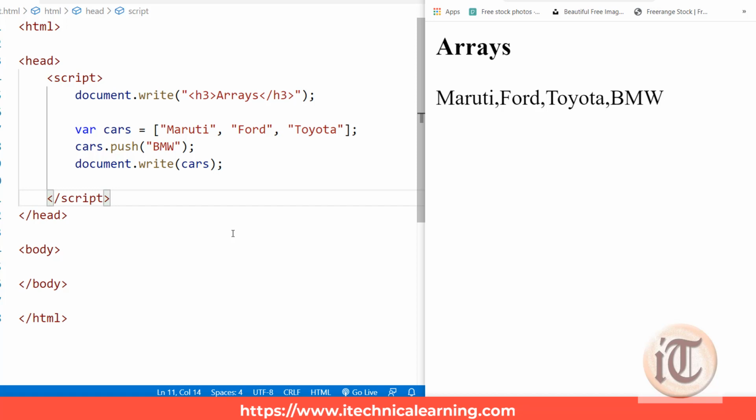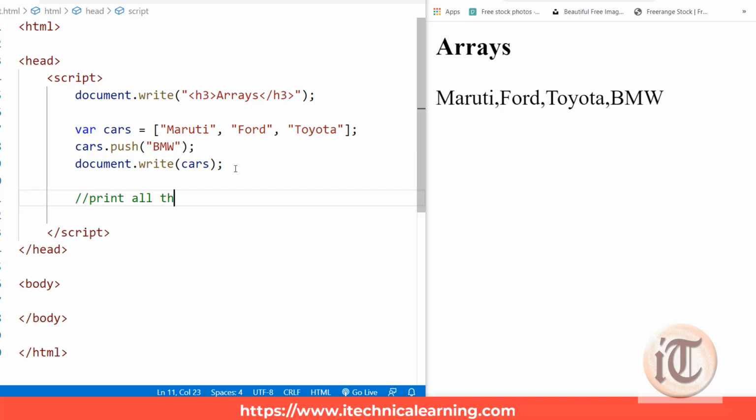Okay, now if somebody says, I want to print all the elements in the array, but this time I want to use the loop.